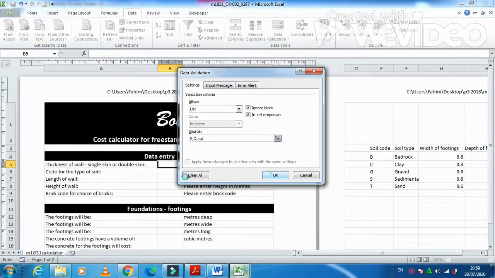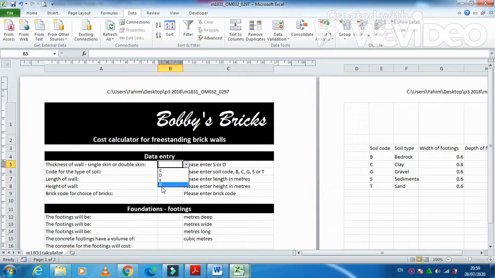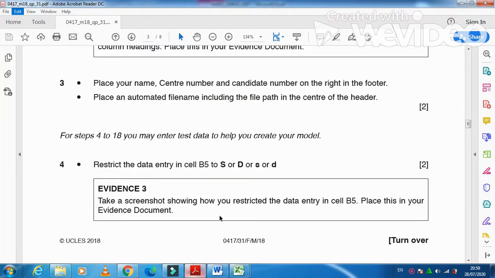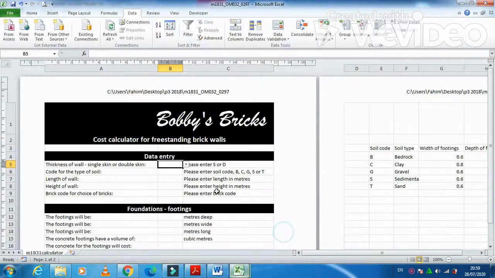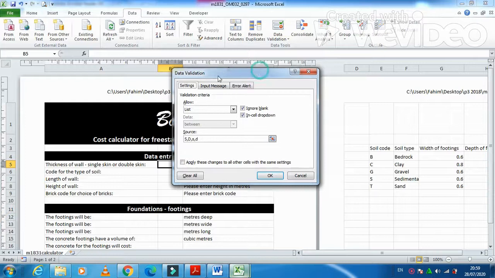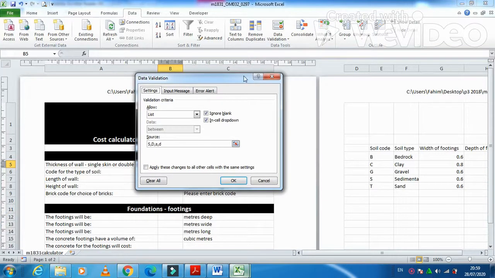So when you just click here you will get these options. Then next step is that how you restrict that you need to take the screenshot of that point. So just click here and validation rule. Here this is the one, and then you just click on print screen button, click on OK,